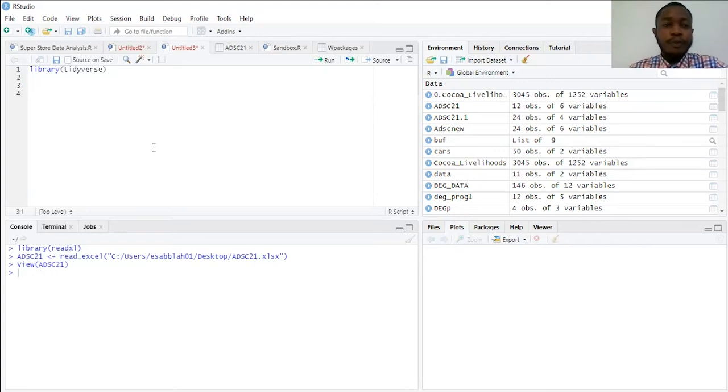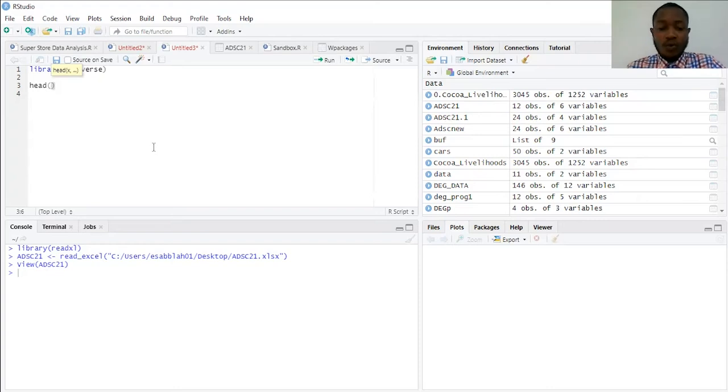Okay, so first of all, you can type head, and the head function gives you the fixed rows of the data. It may not be important in this particular data set, but imagine you are dealing with a data set that had, let's say, about 10,000 rows. Sometimes you're about to analyze it, but you haven't really had a view or understood what is going on. You haven't even seen the columns yet. So when you type in head, it gives you